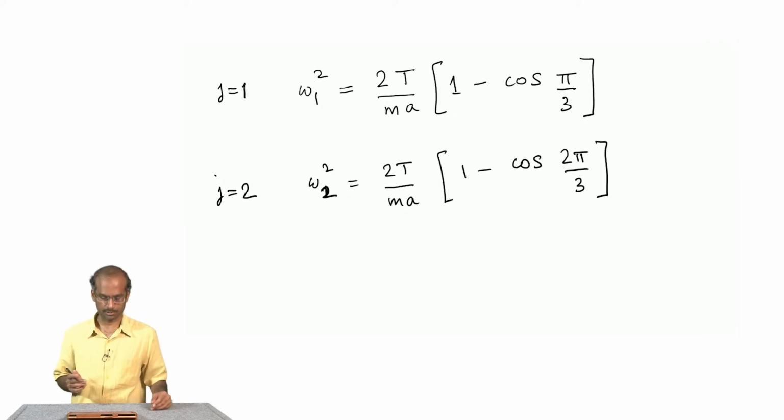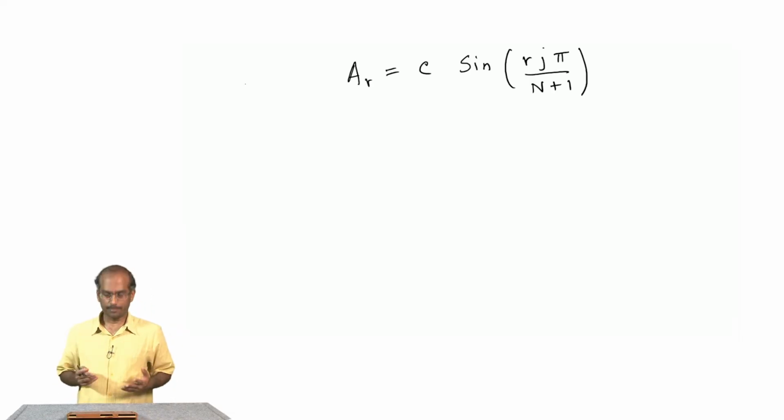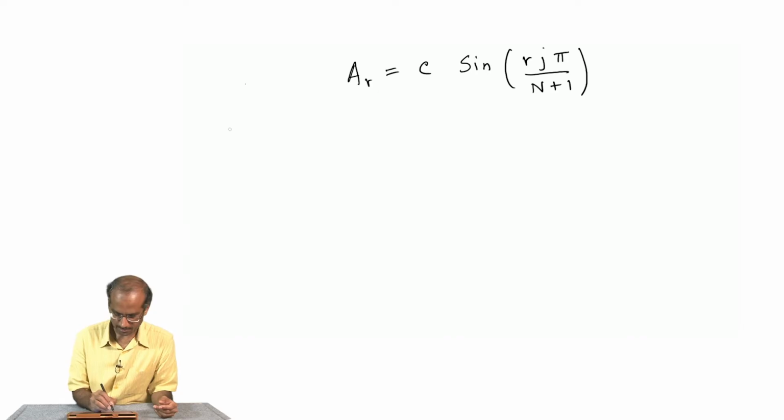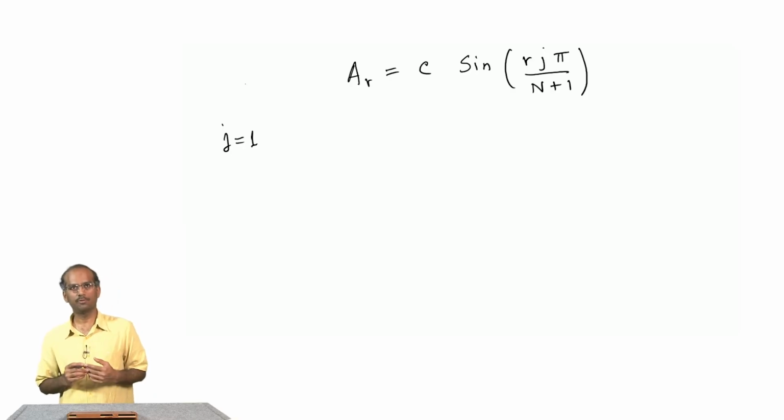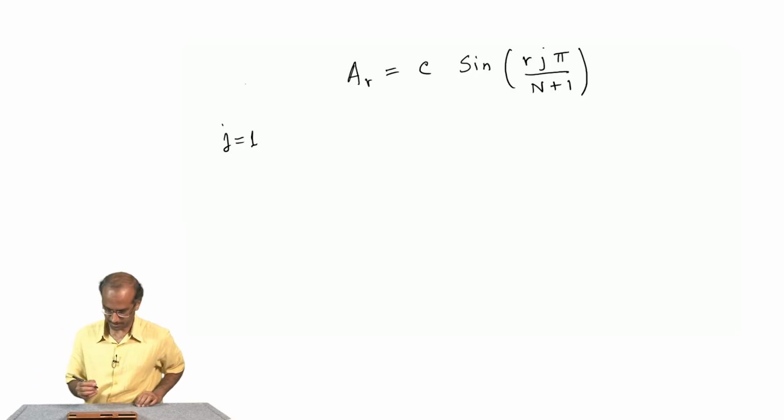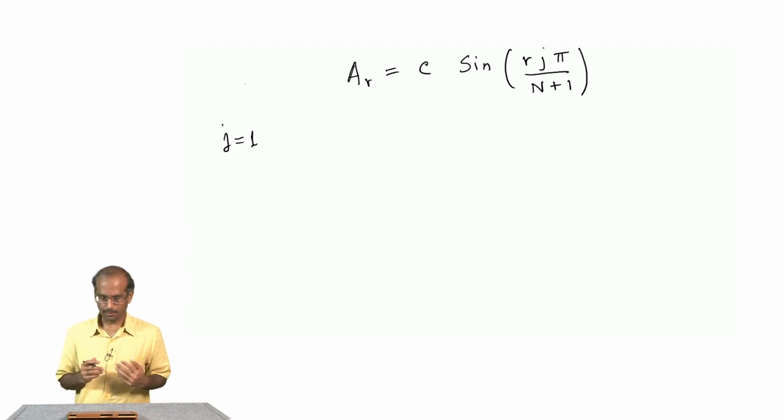Now that we have the normal mode frequencies, let us see if we can get the normal modes themselves, the pattern of oscillation. To get the normal mode pattern, we need to work with the expression for the amplitude, which is given by this expression. So, now we will repeat the same exercise. Let us set j equal to 1, which means that I am going to get the normal mode for the lowest frequency, and in the normal mode I want to get